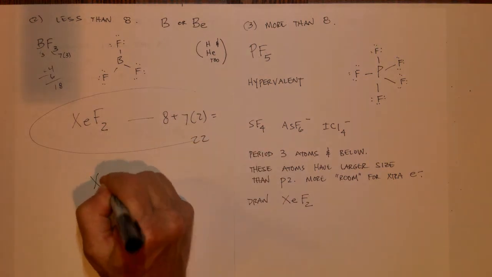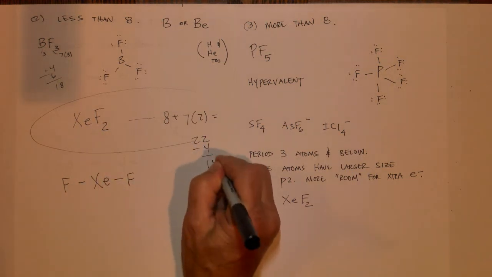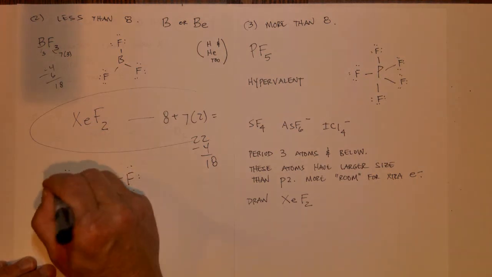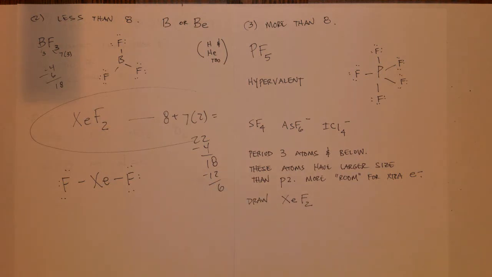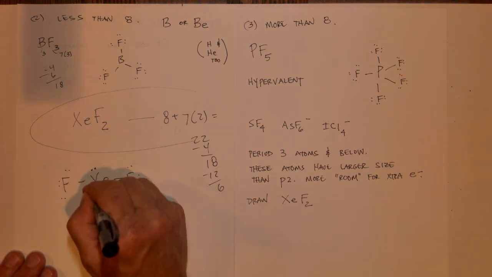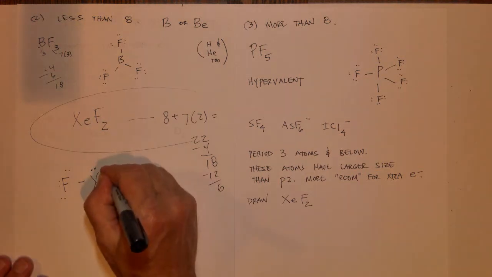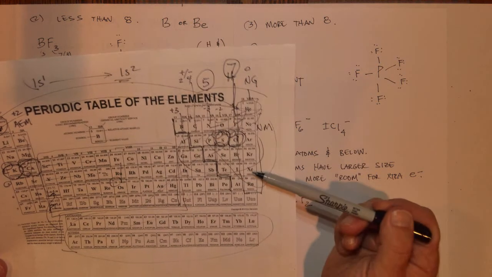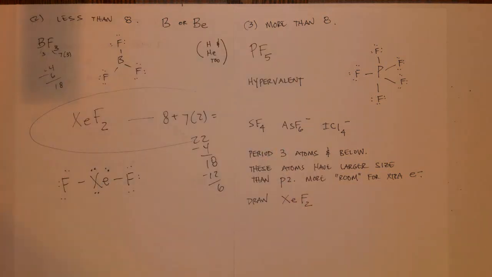Put the least electronegative in the middle, put fluorine right here, put fluorine right here, 2, 4, 22 minus 4, that's 18 electrons left. Now if I go 2, 4, 6, 8, 10, 12 around there, 18 minus 12 leaves me with 6 electrons left. That's pretty close. 2, 4, where do I put it? Put the extra electrons on the central atom, and now the central atom has an expanded octet, as long as it's 3rd period or below. Is xenon 3rd period or below? You bet. And so we can go ahead and have an expanded octet on that xenon